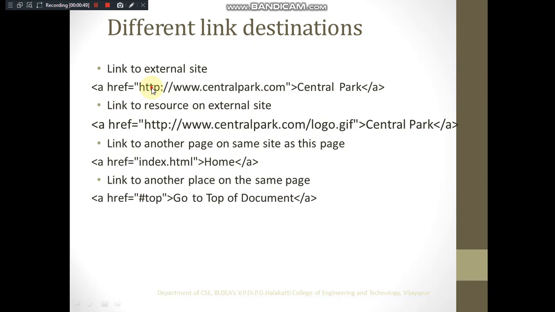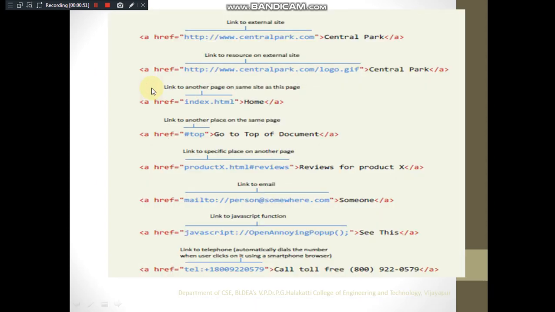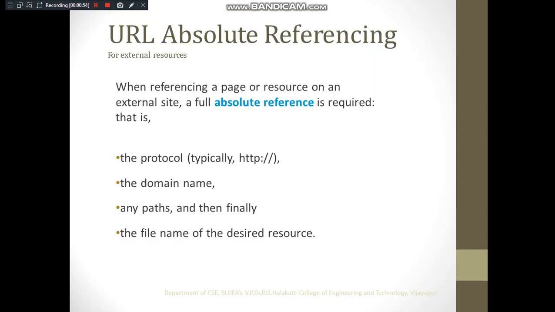Apart from this, one more thing that I would like to clarify here is that while specifying the file names, either we can use absolute referencing or we can use relative referencing. There is no difference from what you have studied in absolute file names and relative path names, which we use while specifying the path to the file names. The same is applicable here also.